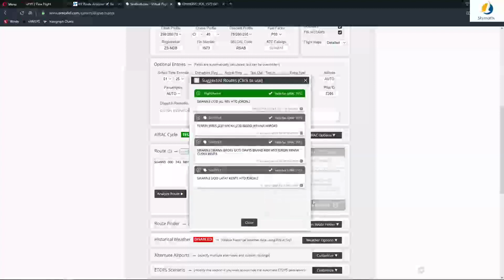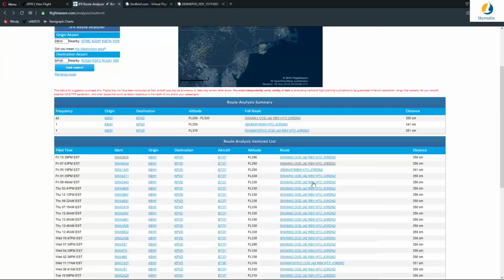You obviously have an option. Look, there's plenty of options of routes. Now, any one of these routes can be valid, most probably are, but if I compare it to what is actually used in the real world,